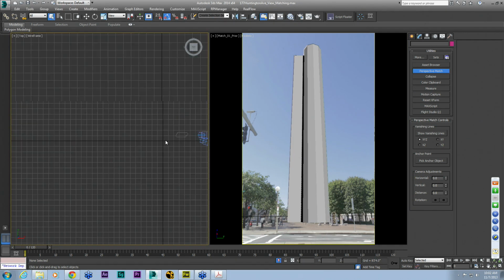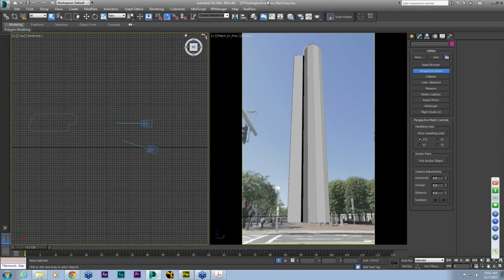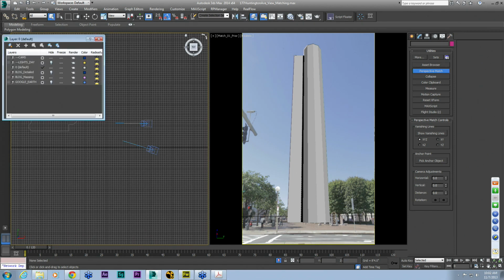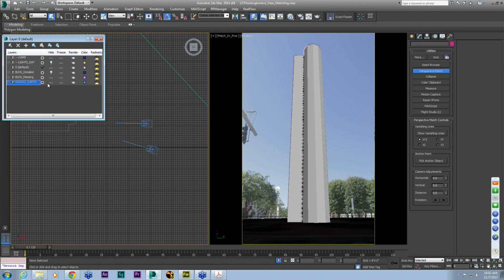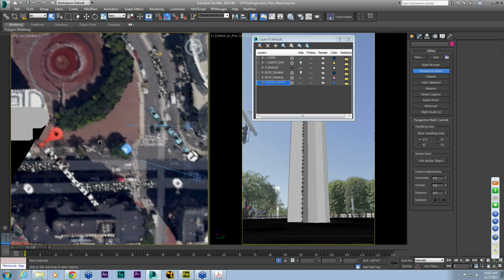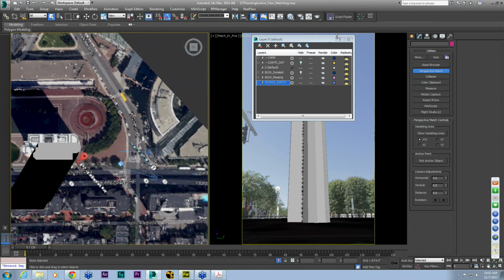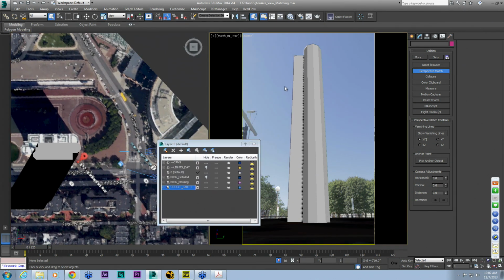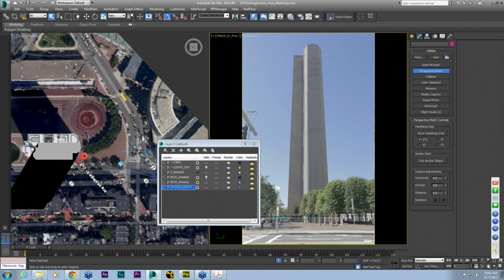That guy out of the way. Okay. So here I did the same thing using the Google Earth. Get rid of that. I had this image here in the background. Let me put that in wireframe so you can see it. We have this image where